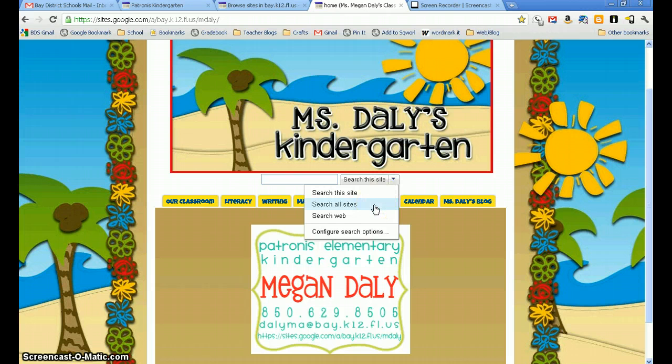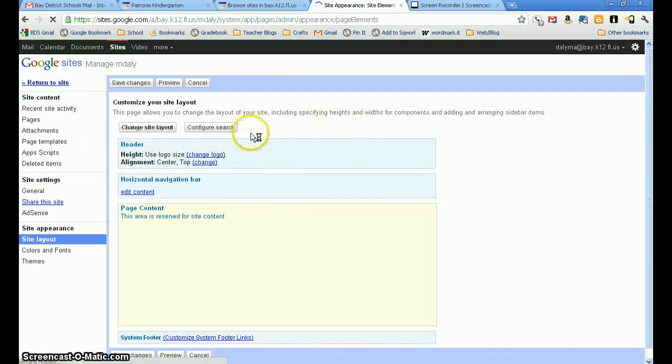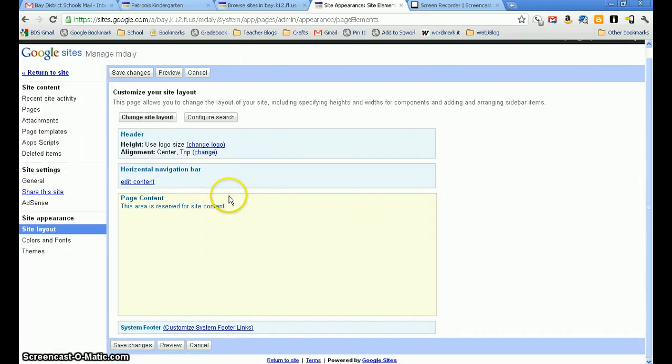menu and search all sites, which would be all sites in Bay District schools, or search web, or configure search options. And this is because I'm an admin, I can edit my search options. If I want people to only be allowed to search within my blog, or within my website, I can set that. Or I can set it to where people can search just my website, or choose between searching my website or searching Google. And you would do that by,